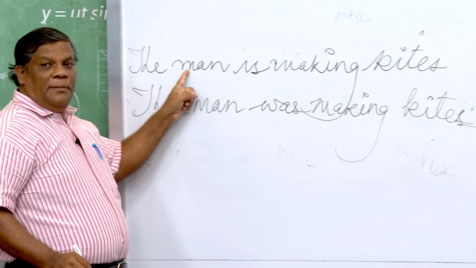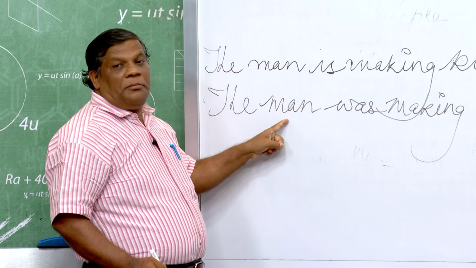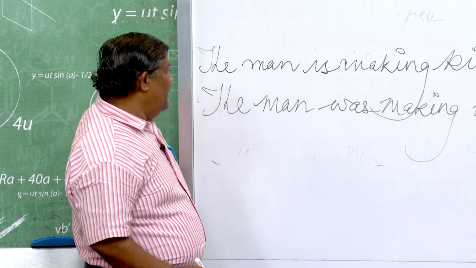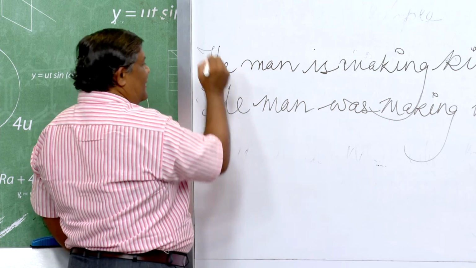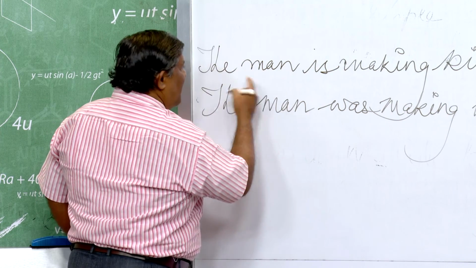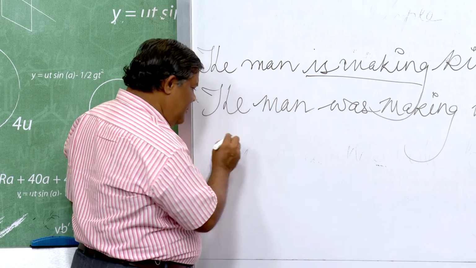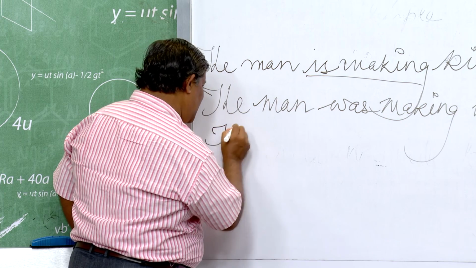You see, this is present progressive, this is past progressive. And when we make it passive, let us take the form "is making". The form is object first. So, kites,